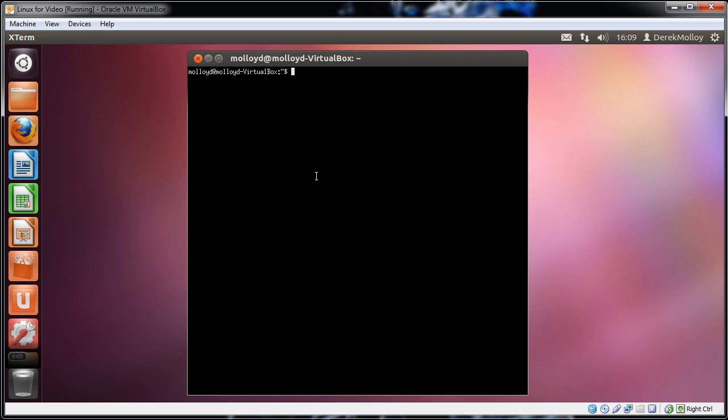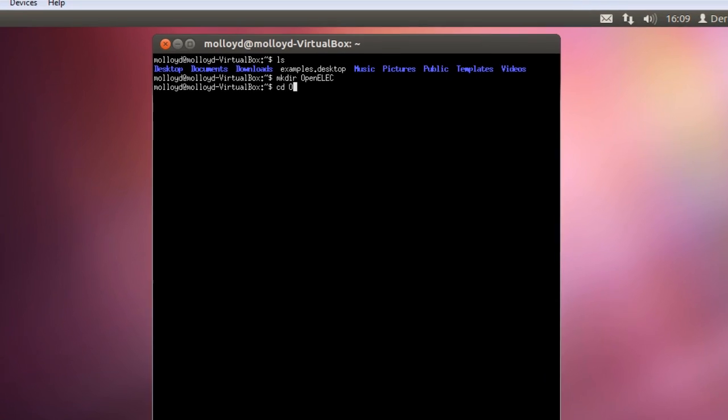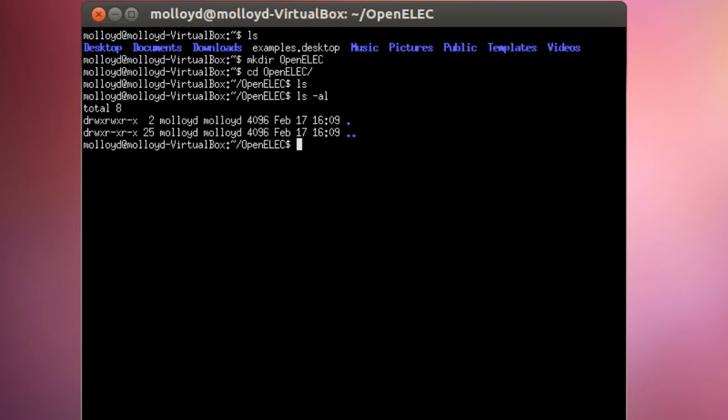The next thing we have to do is go off and download the source for OpenELEC. At the moment I'm using a brand new desktop. I'm going to make a directory and call it OpenELEC. In this directory we want to download the source, so we're going to use git. So git clone git colon github.com/OpenELEC. Can't type today. /open